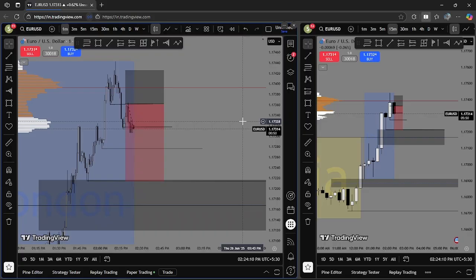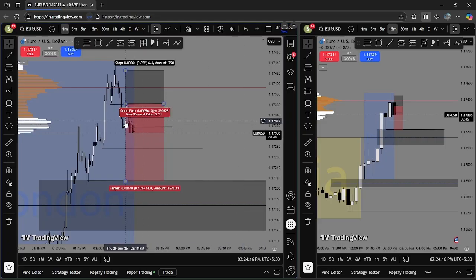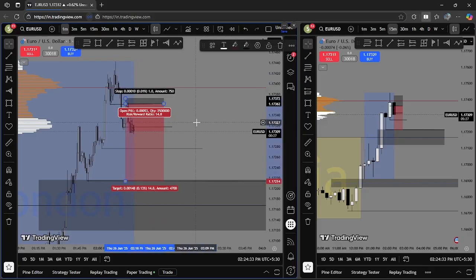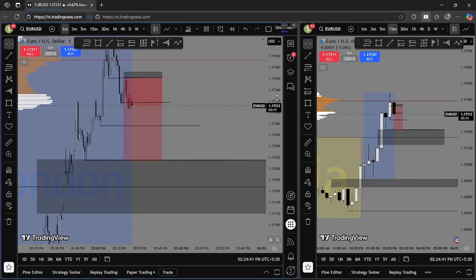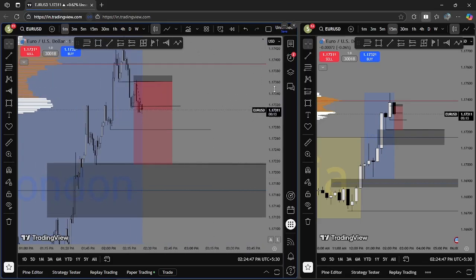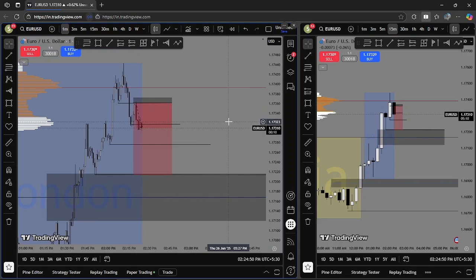Exactly, I can do it because this is exactly what I want to see as respect and displace lower. So I'm going to move my stop towards that high. We're going to stop below this high because this is exactly where I don't want to see us go back in again, because that's our continuation. So I do want to see that order block get respected in the first place, and this is exactly where I can look to see a little bit of slowdown. Makes sense. So let's see what happens.